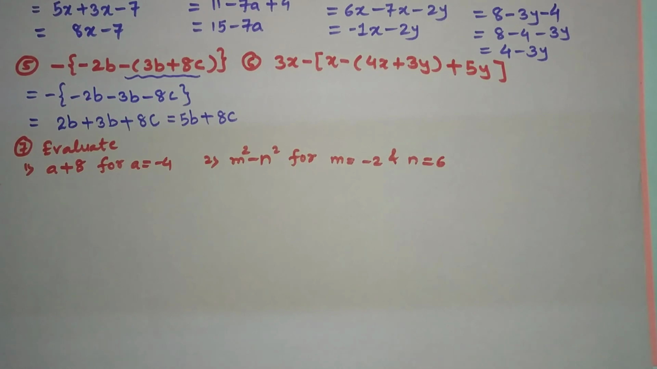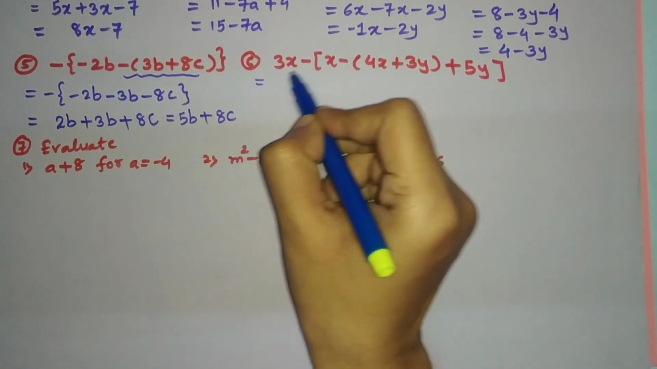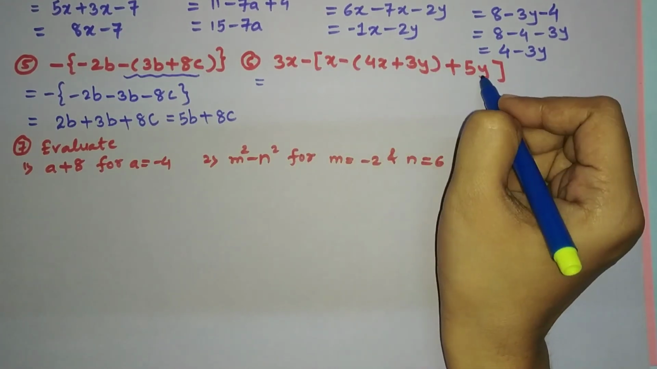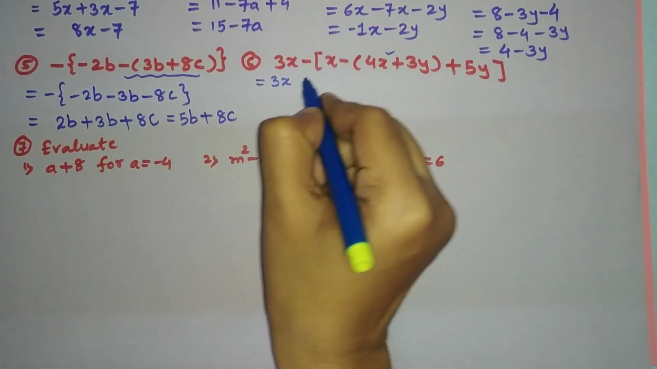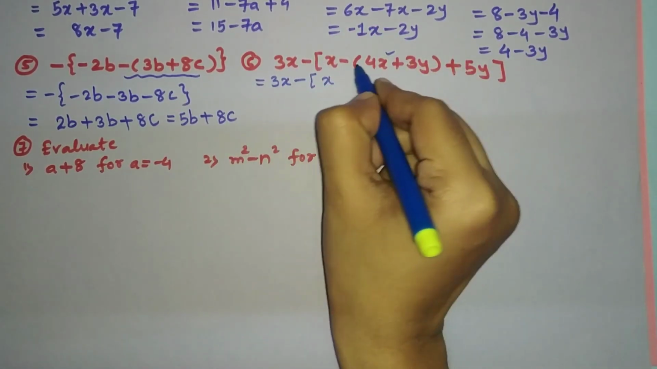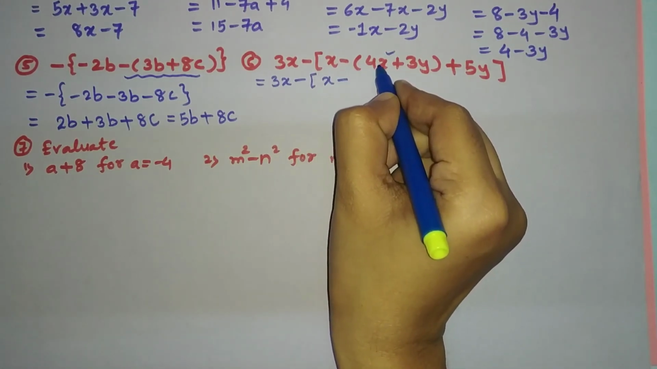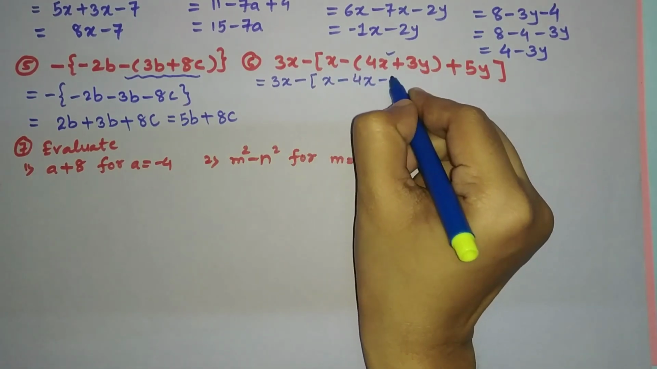So now friends, we will go for another simplified question. Here we have 3x minus [x minus 4x plus 3y plus 5y]. So we'll go for this bracket first and write the other terms as they are, minus of x. Now outside of this bracket is a minus sign, so we'll change the inner signs. Here plus 4x becomes minus 4x and plus 3y will become minus 3y